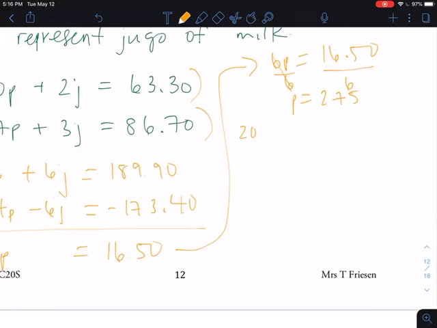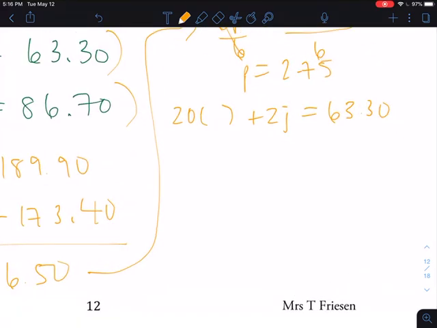So now we know that 20p plus 2j is equal to 6330. Again, you can pick either of them. It doesn't matter. As long as you're picking one of the original equations, that will be your easiest bet in solving properly. So when I multiply 20 and 275 together, I'm going to get 55. Then I'm going to subtract 55 from both sides, and that is going to leave me with 30. And when I divide both sides by 2,